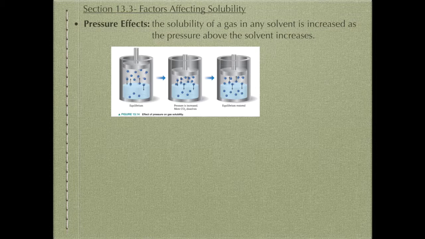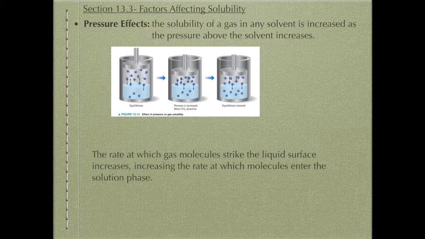Now, if you decrease the volume, which happens in the middle diagram, what happens is that the pressure above that liquid increases based on Boyle's law. And so more carbon dioxide is going to be able to dissolve. The reason why is that when you increase pressure, the rate at which the gas molecules strike the liquid surface increases. And so that's going to increase the rate at which the molecules enter the solution. So increasing pressure increases the collisions of the gas molecules with the liquid, therefore increasing the solubility of the gas